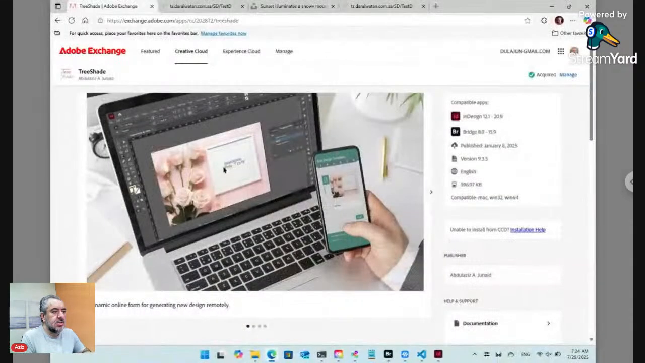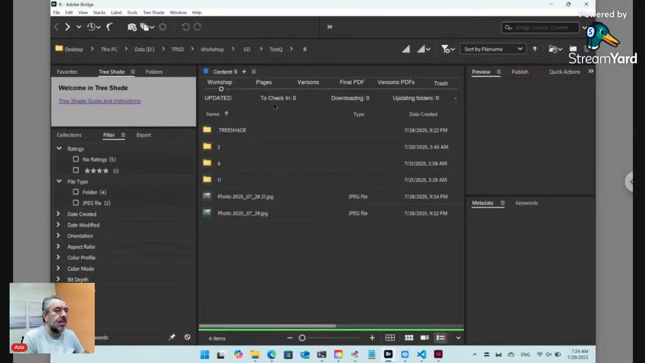After installing TreeShed, at first about the software, it's for content management, assets management, and auto-generating for design. Support team collaboration, file synchronizing between computers. And after installing, Adobe Bridge,